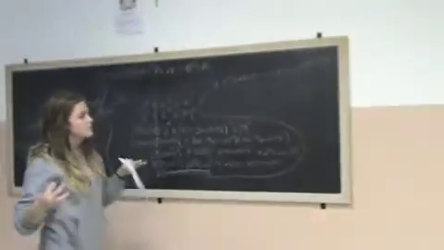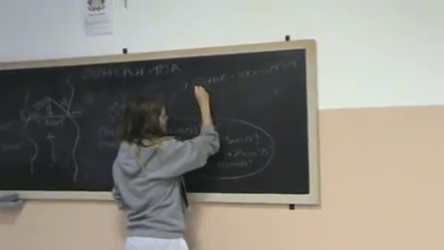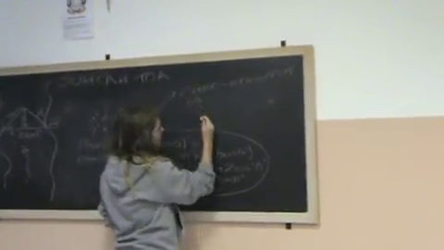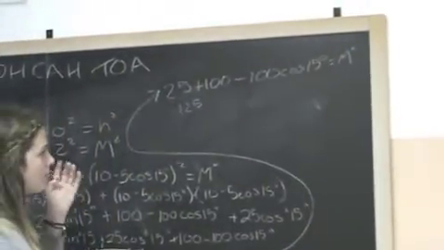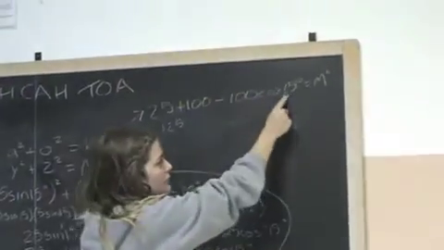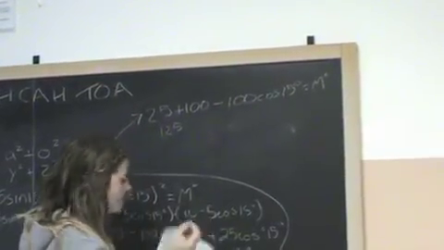And then from there you can start to combine things. So 25 plus 100 is 125. And then here you would use a calculator and you'd find what cos 15 is and then times it by 100. And it gives you